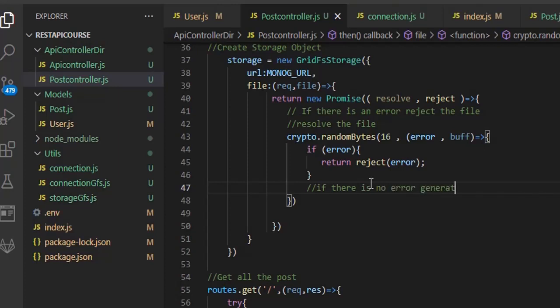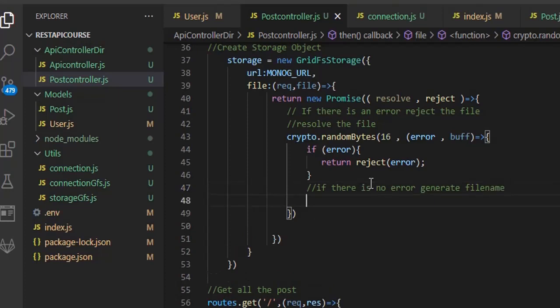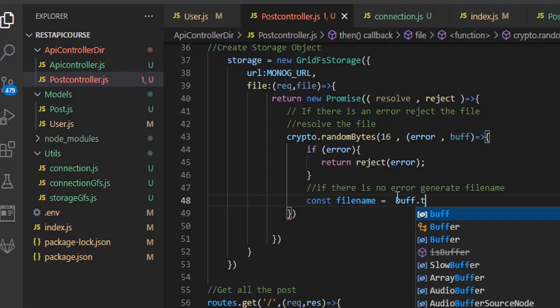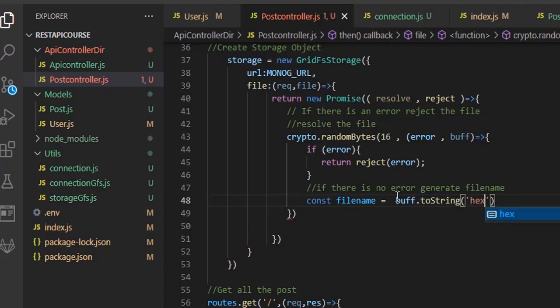If there is no error, we then try to generate a file name. So how do we get this file name is what you would be asking. To generate a file name, we're gonna make use of a lot of crypto stuff here, the buffer. You see the buffer here. We're gonna make use of the buffer, and we're gonna make use of the file. So for the buffer, first of all, to string hexadecimal, and